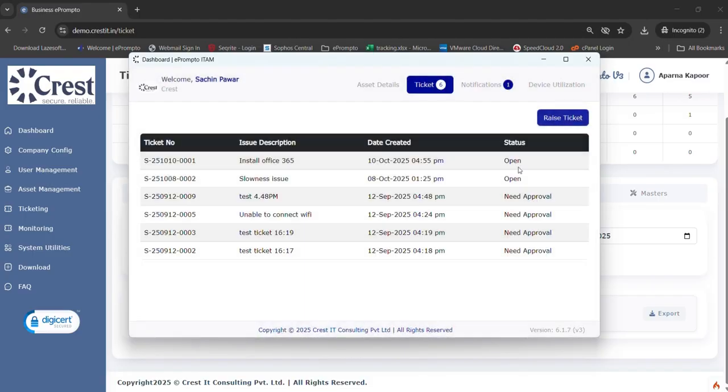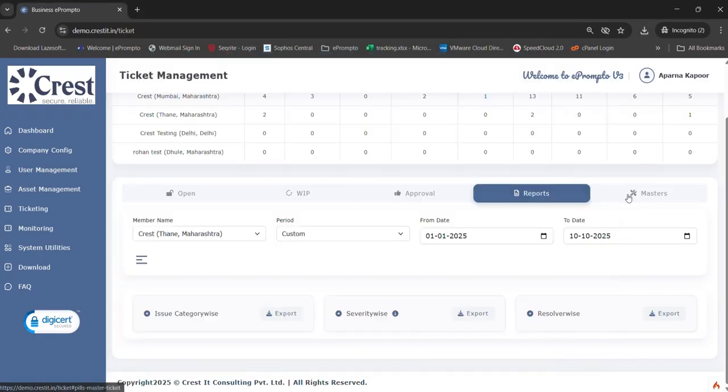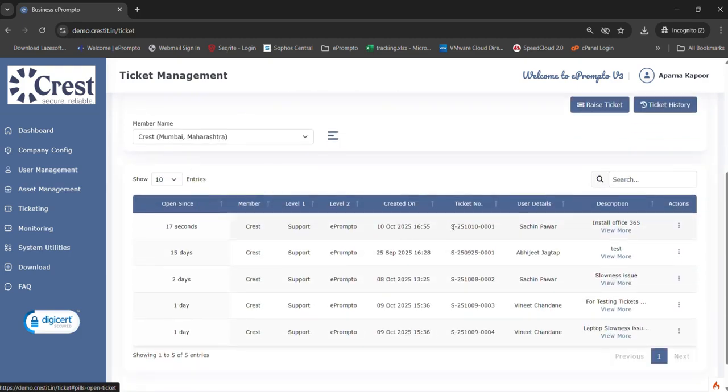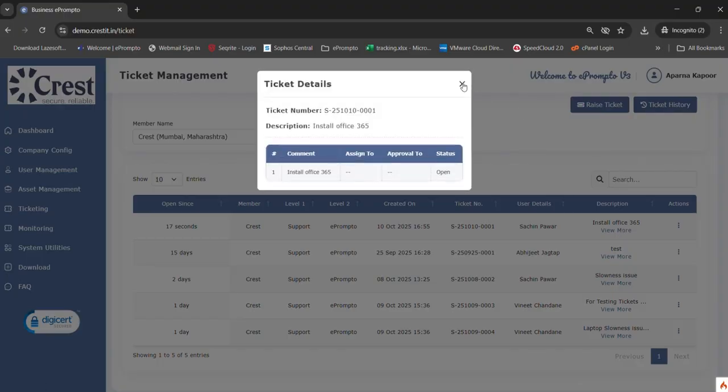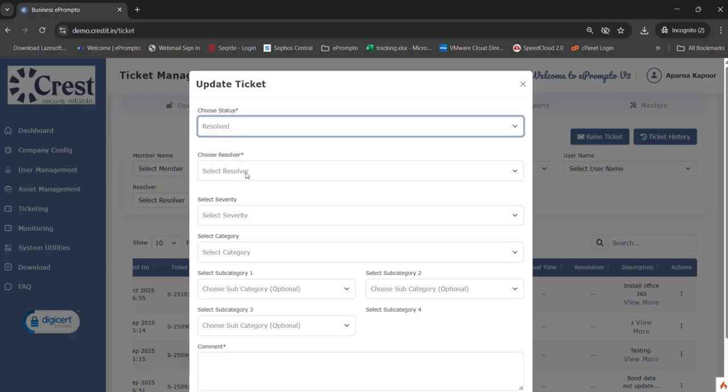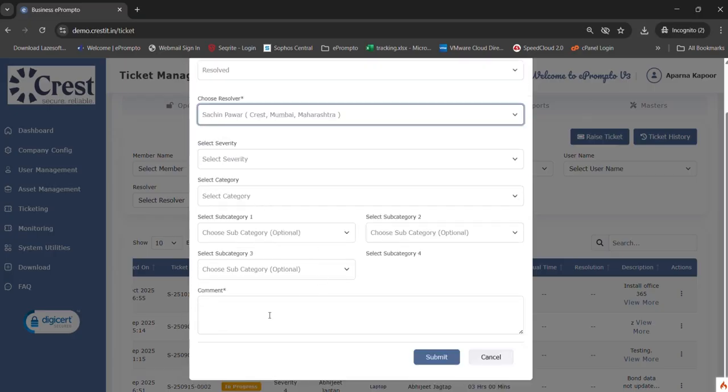The ticket then appears under Open Tickets, and as and when the resolvers are working on the ticket, the status will get updated. We come to the Open Ticket. We can see this ticket has been created now. Just now close it, assign the ticket, and after assignment, we can just show the agent. You can see it has been assigned, status has been changed to assigned.